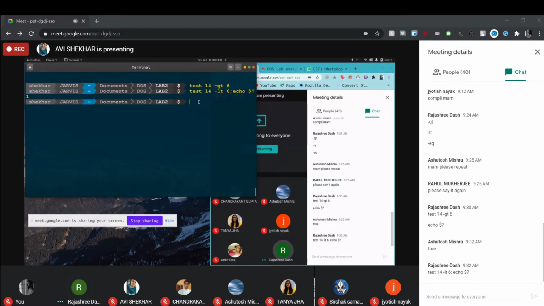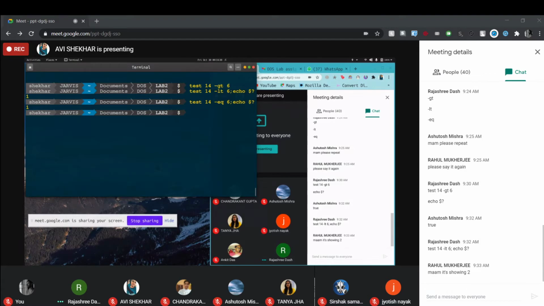Okay. Now in the same way you check for the equal to symbol. Test 14 -eq 14. Check it. Now run it. Where it is showing 2? Rahul Mukherjee is telling 2. It will show you 0 or 1.